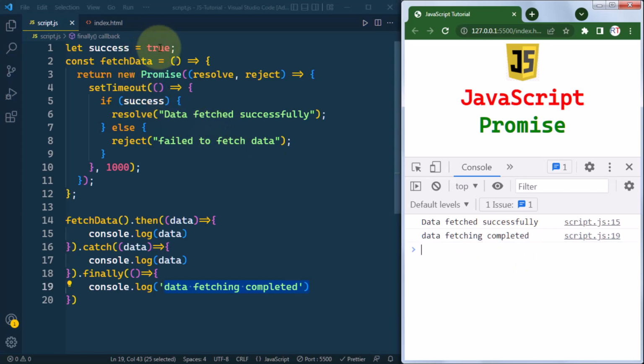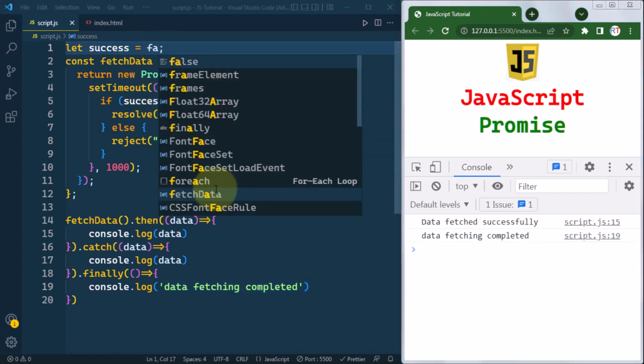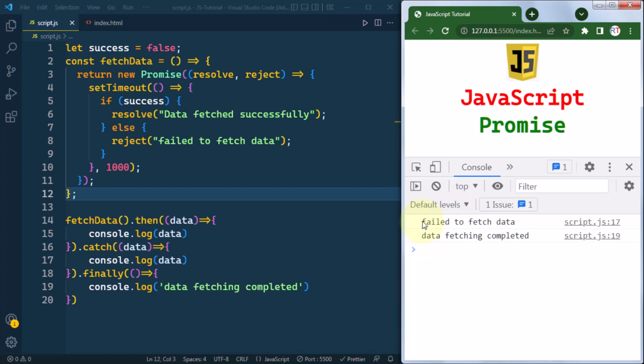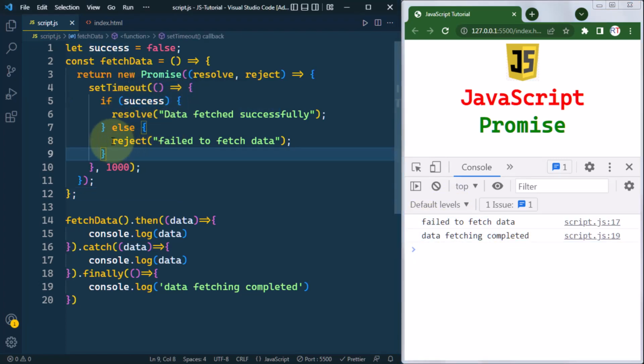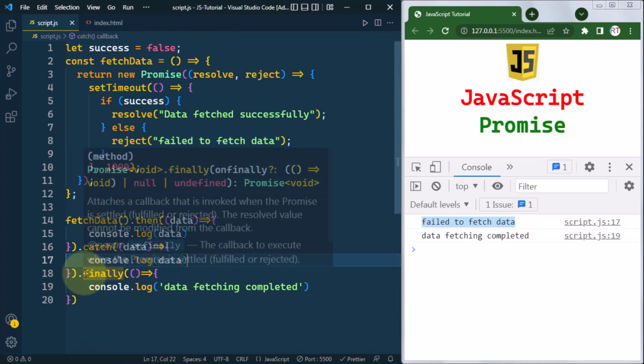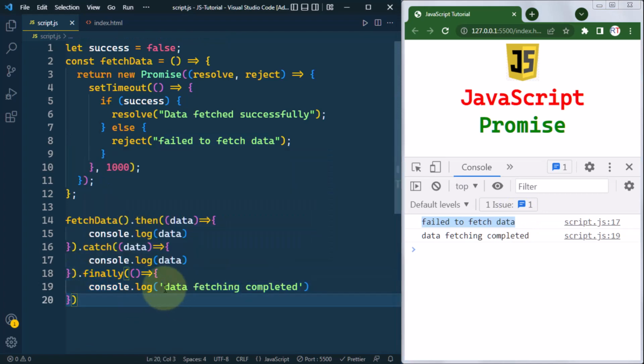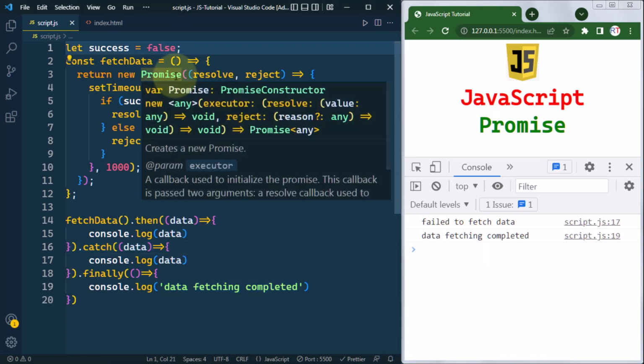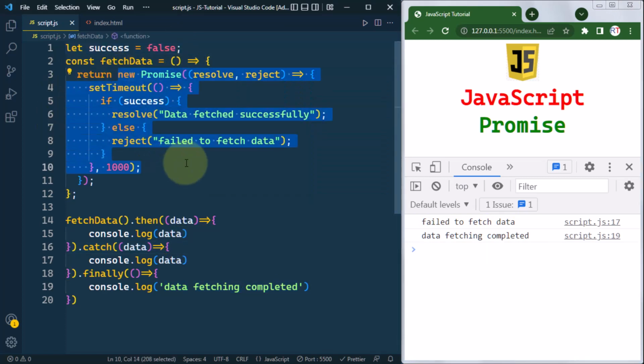And now if we make success false, you can see after 1 second of delay we are having this output. Now because it is false, we are having rejection with this message. That's why we are getting "Failed to fetch data". And also because finally will always be executed, we are also having the string "Data fetching completed" on the console. And that's it. So this is the way we can very easily create a promise using the constructor,